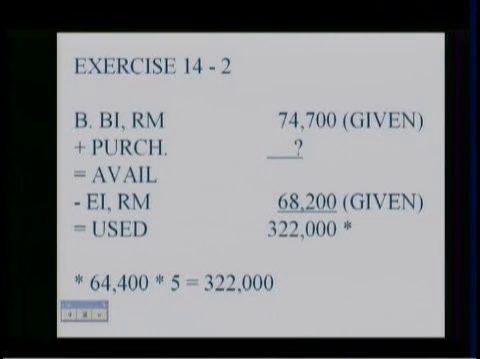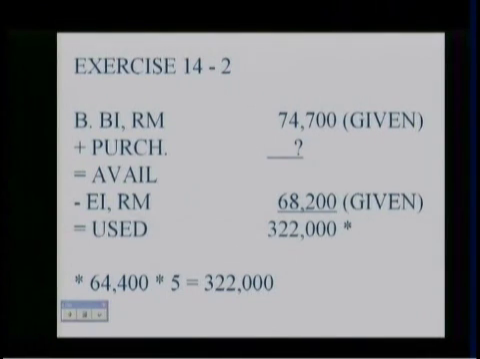Now the next step says, okay, now calculate the amount of raw materials you're going to have to buy. Again, you use the same format that we did on the cost of goods sold statement. You take your beginning inventory of raw materials, which is given at 74,700. You know you're going to have to purchase some, and that together will be what's available. You're given that your ending raw materials will be 68,200, and you can compute the number that you're going to use because you know it takes 5 pounds of raw material for each product. You're making 64,400 products, which you just computed in the previous slide. So you're going to be using